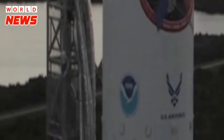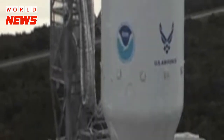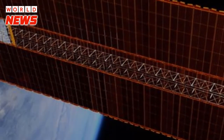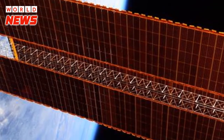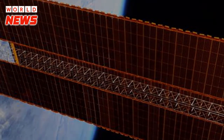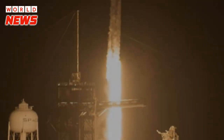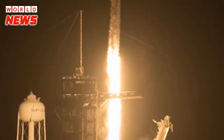Another key upgrade is that the cargo ships will now splash down in the Atlantic Ocean, versus the Pacific splashdowns of past flights, providing a faster return on science. That means researchers can get their samples and data back faster, in as little as 4 to 9 hours after splashdown. And SpaceX can get the vehicle back more quickly and start performing inspections and maintenance before the Dragon's next